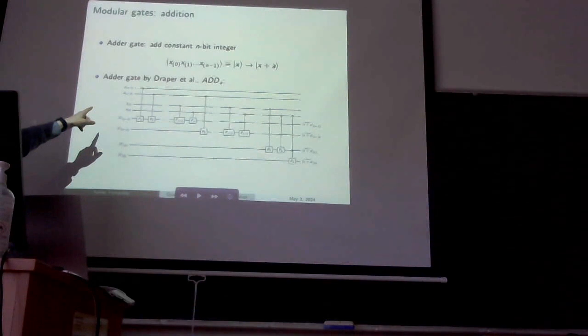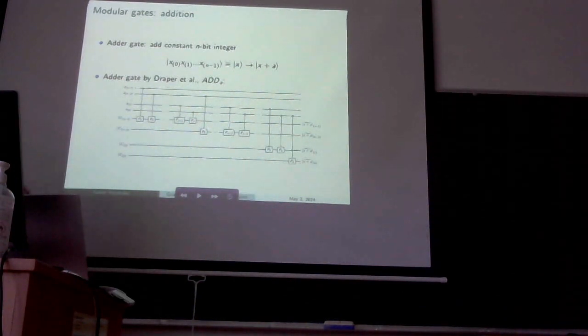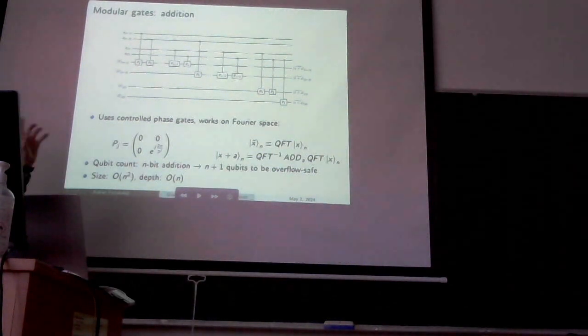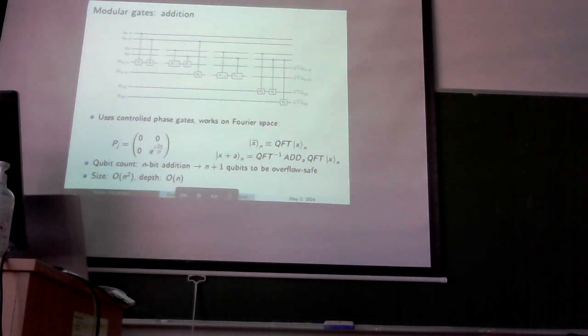Note that here I am denoting this as if they were control phases, but in reality this is a classical number. So when the circuit is prepared, the resulting circuit is going to be this below, and thus the phases are or are not present. They are not really controlled by a qubit. So the idea with this circuit is that it works in Fourier space, so this is not immediately an adder. We would have to take our input register, apply the QFT, apply the adder, and then undo the QFT to actually get the resulting value.